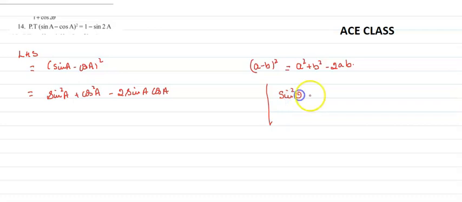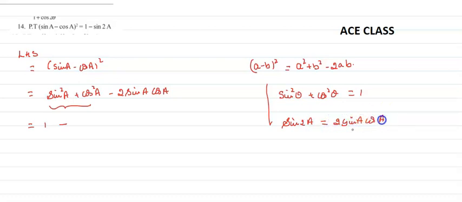Okay, you have this basic identity, right? That is sin square theta plus cos square theta is equal to 1. So the sum of these two will be 1. The sin 2A formula is 2 sin A cos A, right? Now we have 2 sin A cos A, you can write this as sin 2A. So we have got our RHS. Okay, now next question.